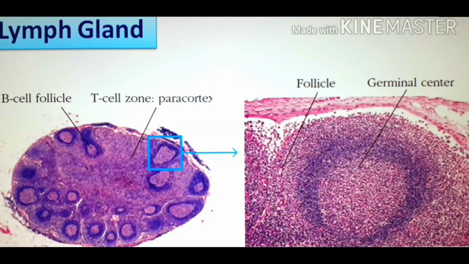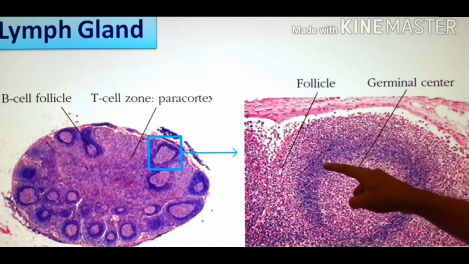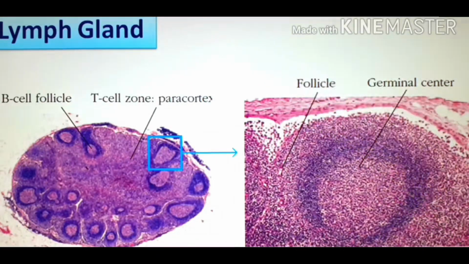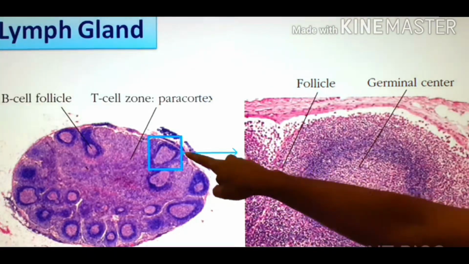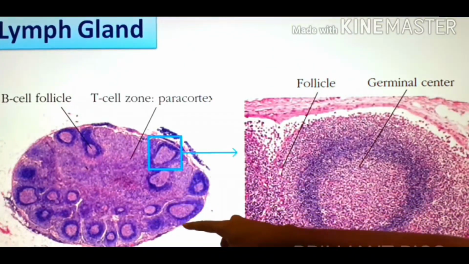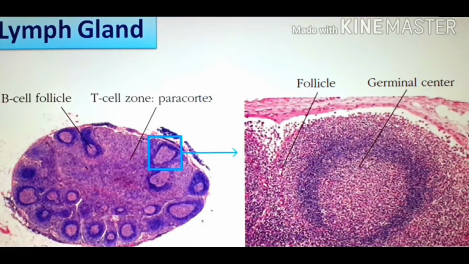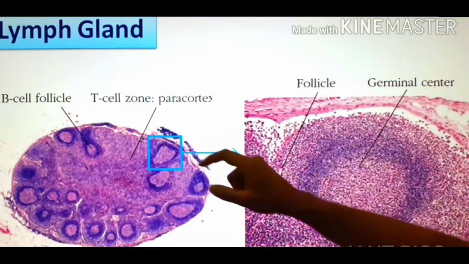As I mentioned in the previous slide, the follicle is populated by B cells. When a B cell is present in the follicle but there are no plasma cells, it is called a primary follicle. When a B cell is activated in the follicle, it produces plasma cells. These plasma cells can come out through the efferent lymphatic duct, but some plasma cells re-enter the lymph gland